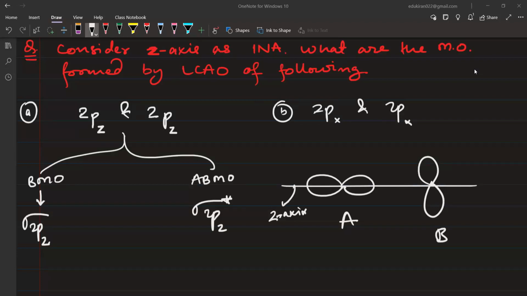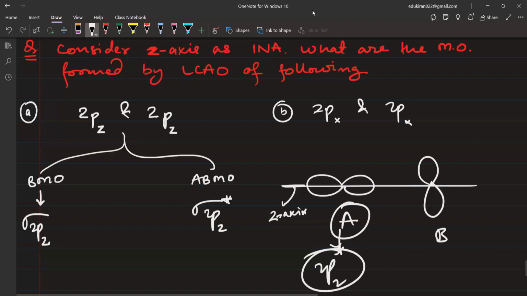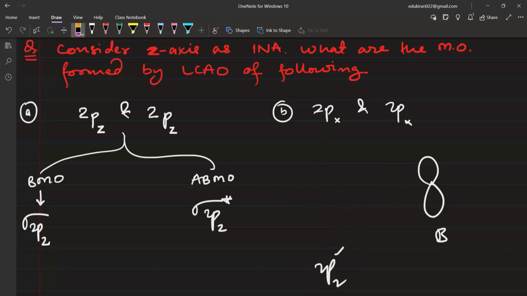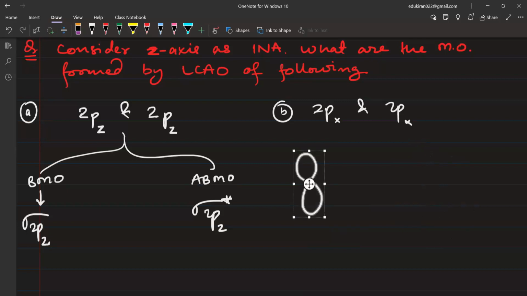जिन लोगों ने कुछ कुछ आंसर दिया है, प्लीज सुने यहाँ पे। इफ आई एम सेइंग दिस इज Z एक्सिस, तो ये जो A होगा, दिस A इज 2pz। ये तो 2px हो ही नहीं सकता ना। A कैसे हो जाएगा? अगर Z एक्सिस में लोब्स हैं तो इट विल बी pz ना। तो B होगा योर 2px। और इसी तरह का एक 2px और आ जाएगा,